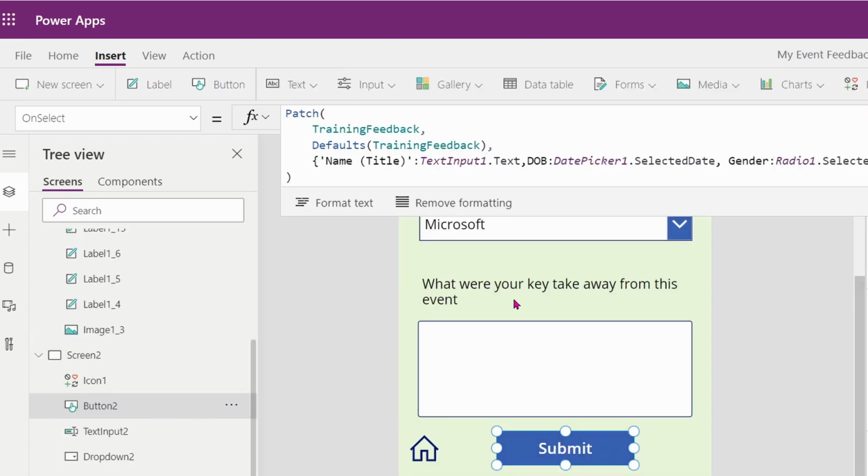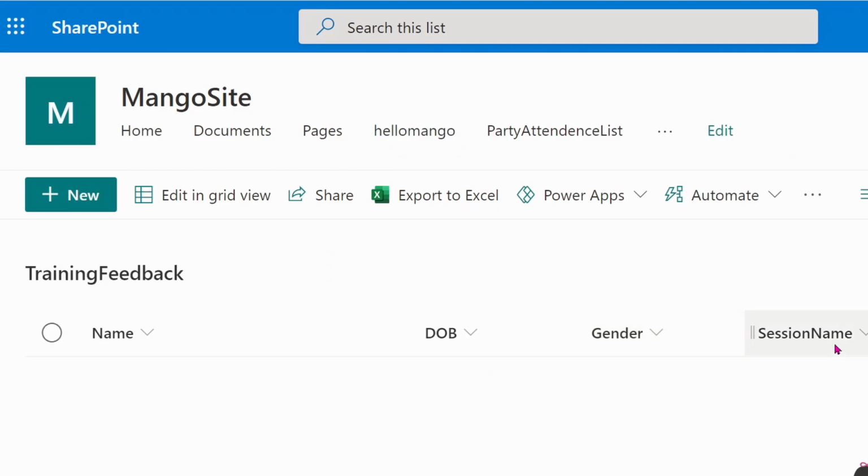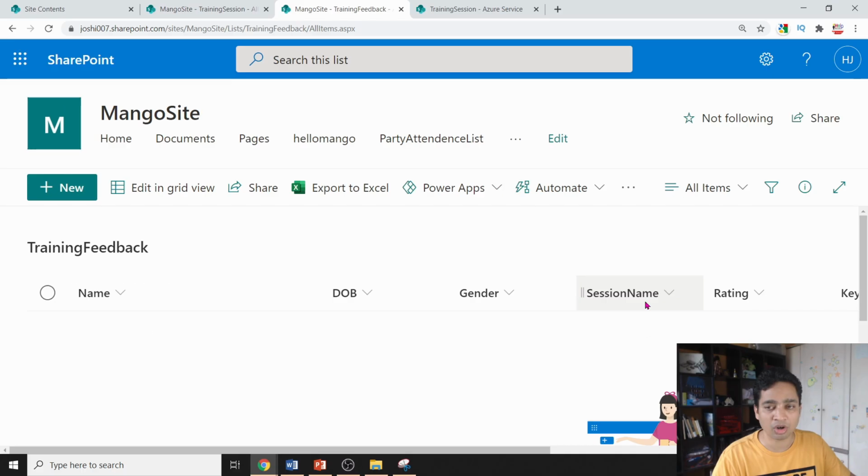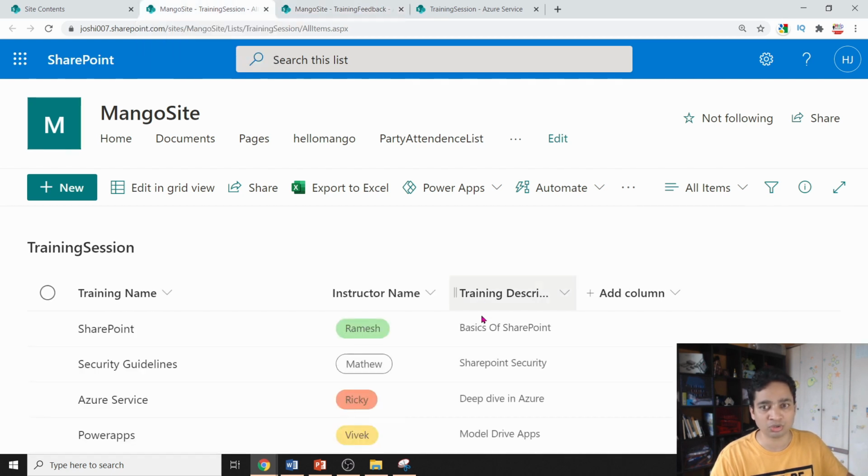The next thing that I want to do is this session name, which is a lookup column. To insert a value inside a lookup column, you need to pass two things: the ID and the value of the lookup column from the different data source. This lookup column is referring to this particular field.